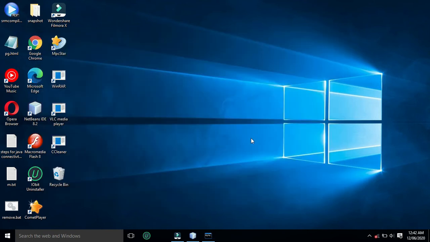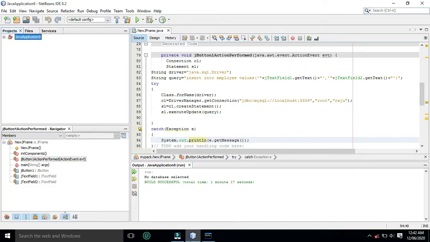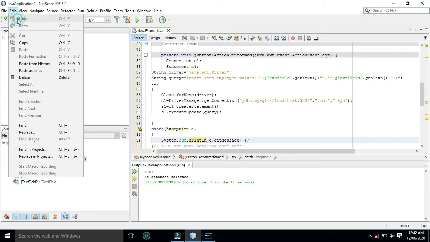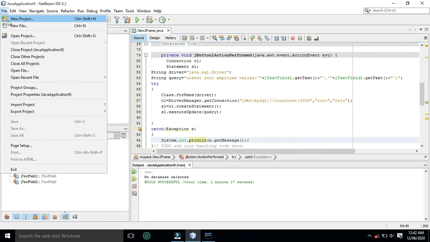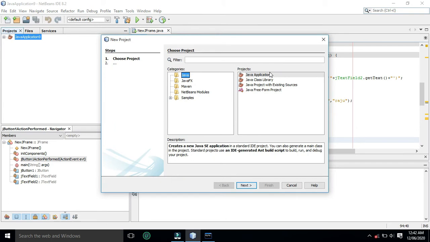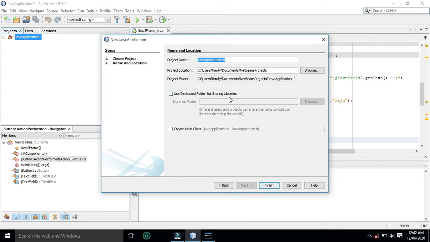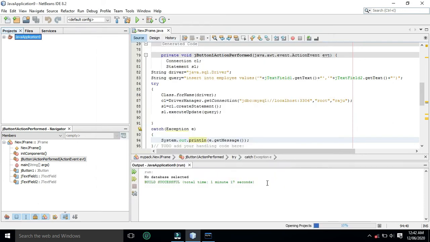NetBeans IDE is already opened. Now we will create a new application. Now before writing any code, you have to add MySQL library and MySQL driver.